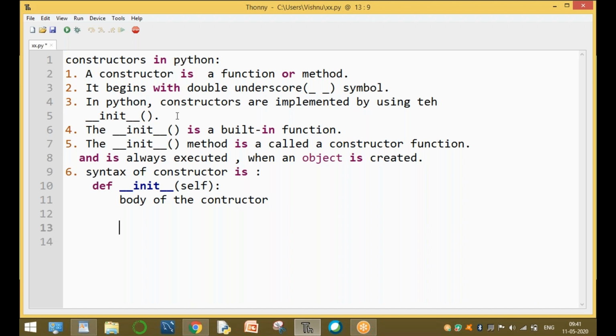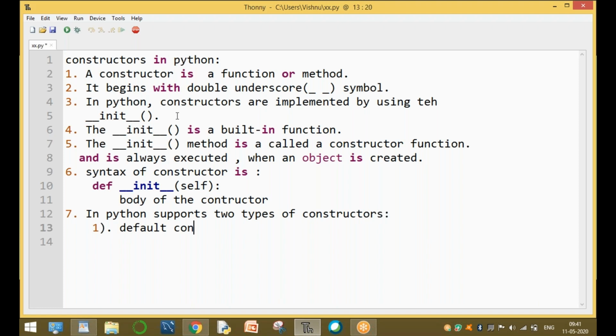In Python, there are two types of constructors, not only one. One is the default constructor, and the second one is the parameterized constructor.